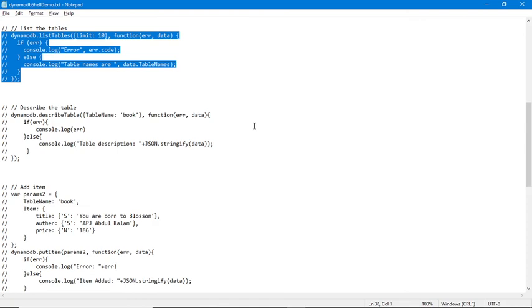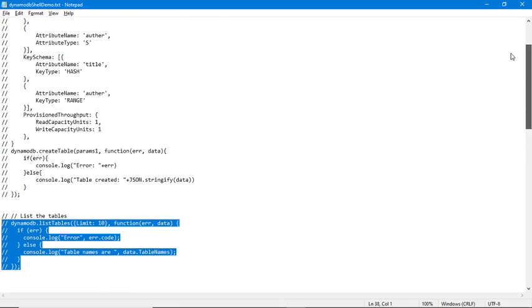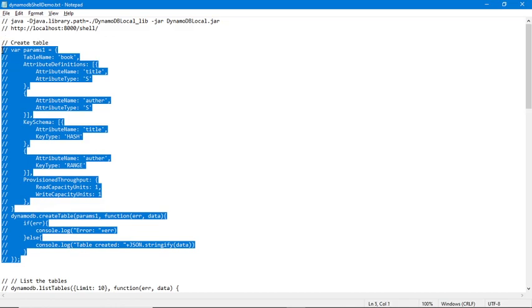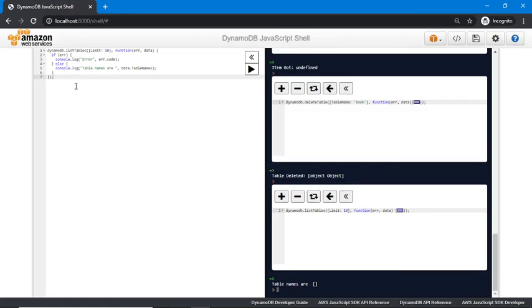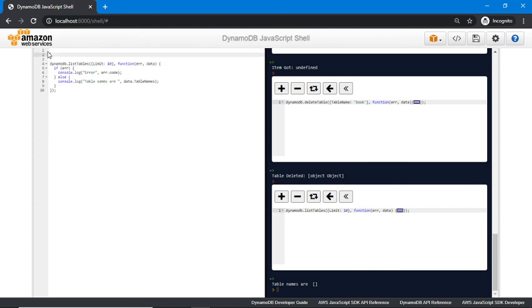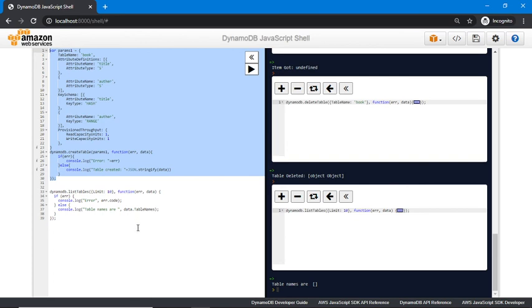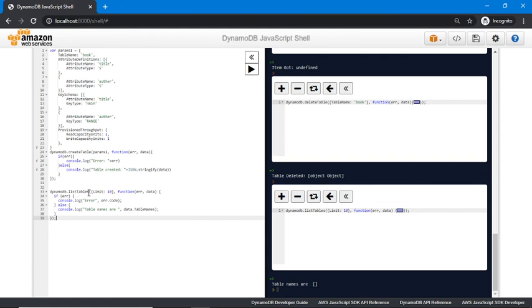Suppose I show you how it displays the result if a table is there. I am going to execute the create table command again, and after that I am going to execute the list table command.